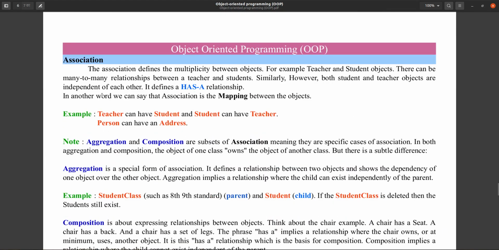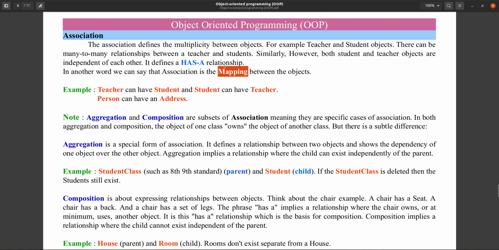If you see the definition of association, it says that it is a mapping. Association is nothing but a mapping, or it defines a has-a relationship between two objects. For example, a teacher can have a student and a student can have a teacher. How?